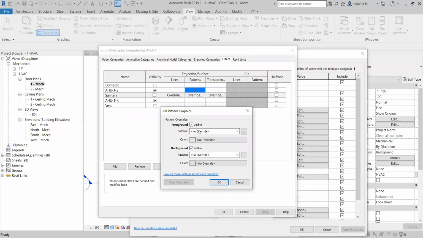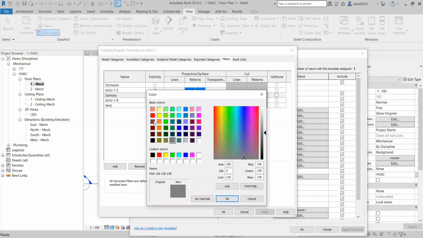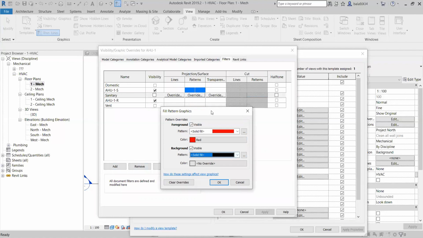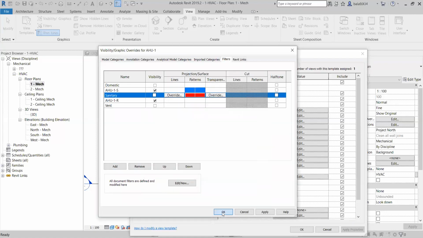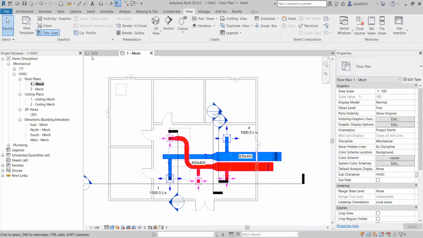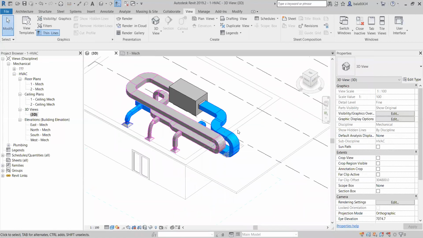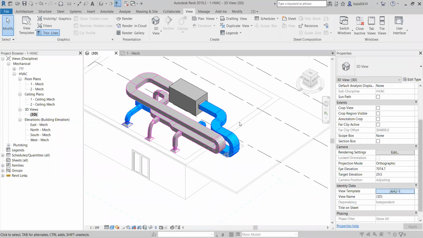Select here. Okay. Choose the solid color red. Solid. So now if you go to the 3D view, sorry, it went to the sanitary view. Did the center look go?